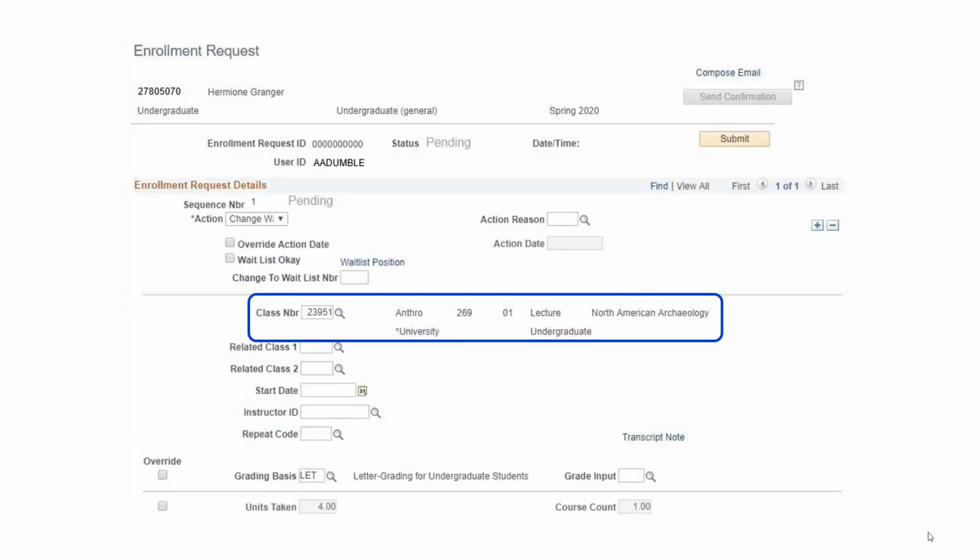When we are returned from the enrollment listing, we can see that the class number for Anthro 269 is now on the form. Please notice that a new field on the enrollment request form has appeared titled Change to Waitlist Number. We have already decided that our student should be at the top of the waitlist, so we enter a 1 for the new waitlist number, and we click the Submit button,